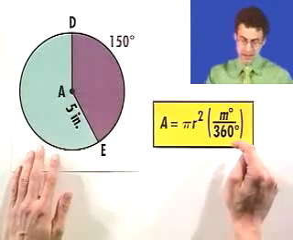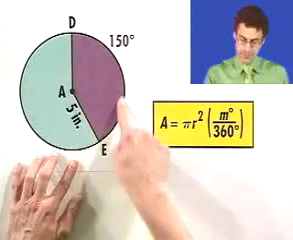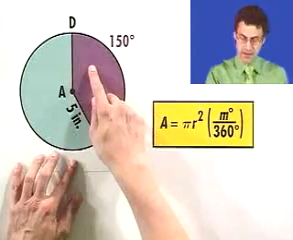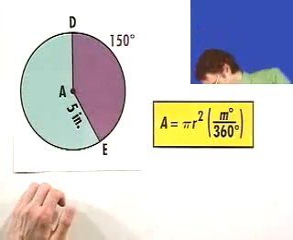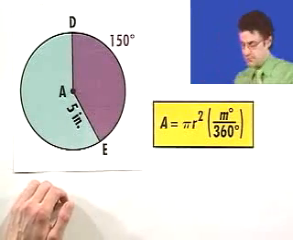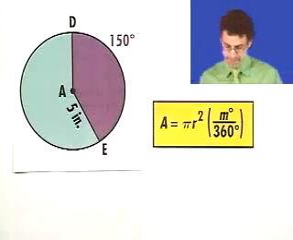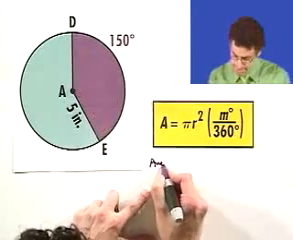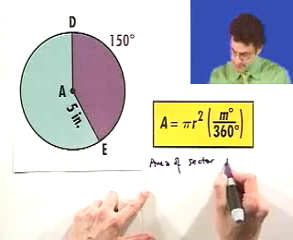So, for example, here, suppose that we want to find the area of the purple sector. So that would be the area of the purple sector, DAE. How would we do that? Well, we would just find out what fraction of the area we should consider. It's not a really big deal. So if you want to find the area of sector DAE